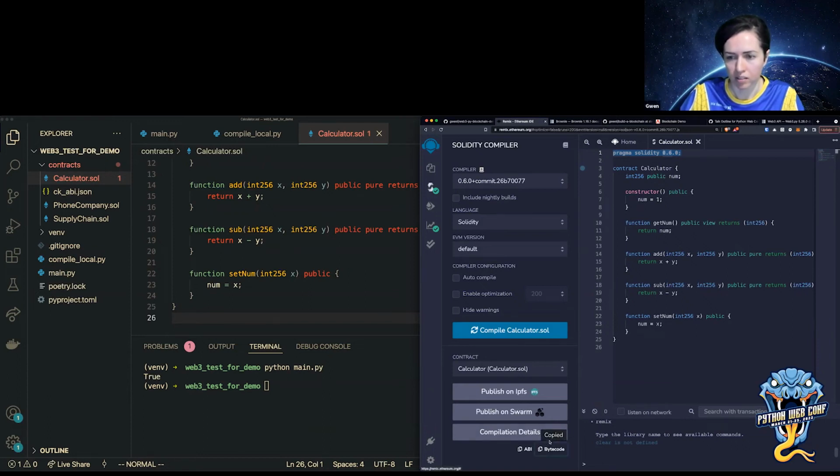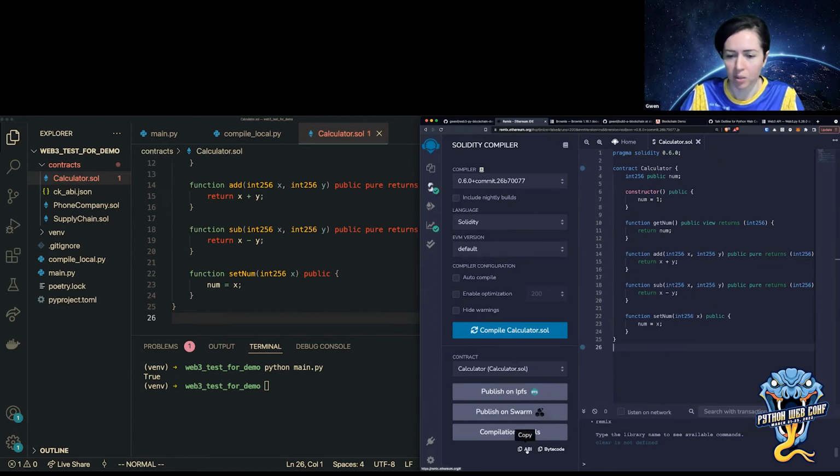Now at the bottom, when I compile it, I have two things. I can get the bytecode, which is what gets deployed to the blockchain. You can see all the opcodes here. You can use these to optimize your code on the blockchain. And there's a nice GUI that I don't know if we'll have time to look at, but maybe I can show you later, or you can look at the Brownie GUI, and that helps with that.